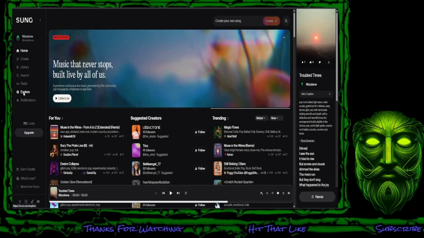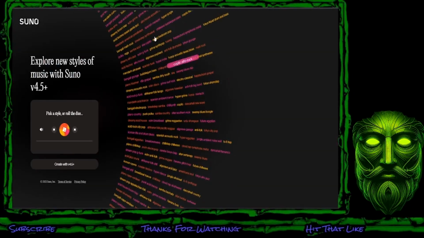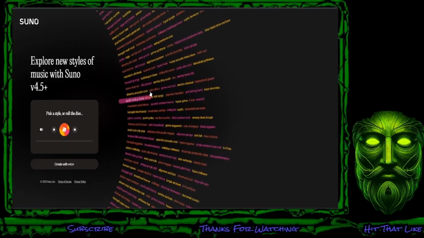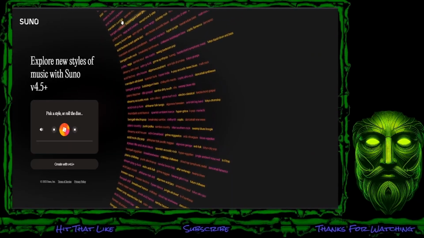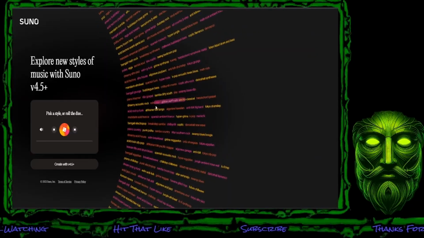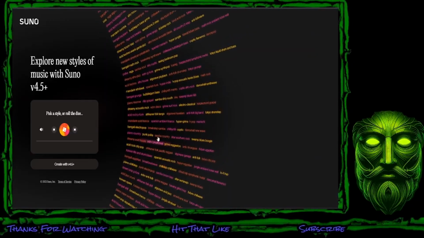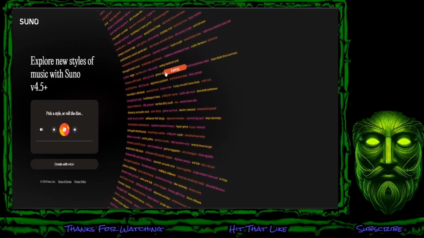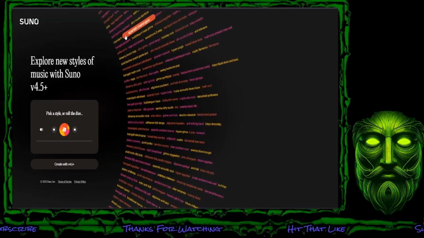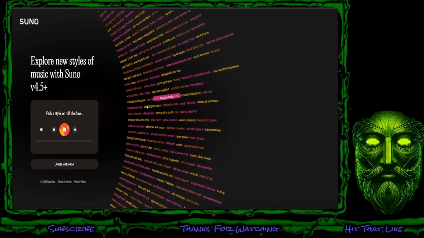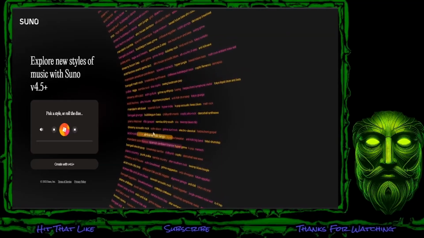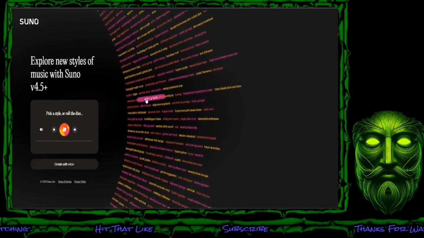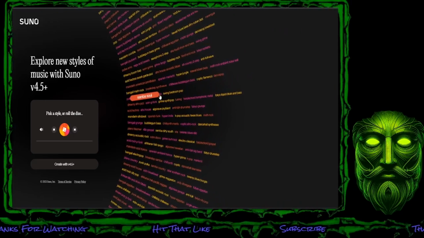The explore feature will give you a list of all the styles that Suno can use, and this isn't all of them, it's just a touch, because you can mix and match each and every one of these things. But if you're looking for a new style, you can click on one,